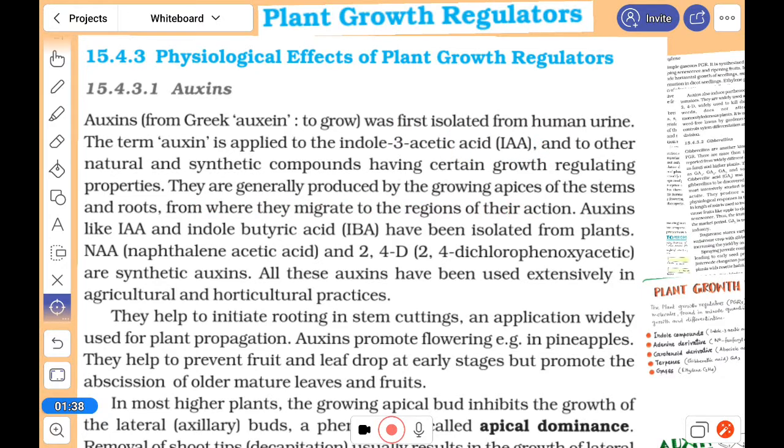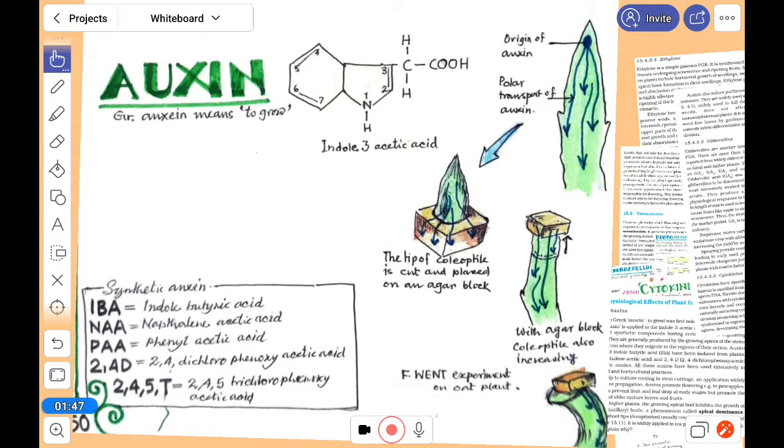Let's take a look at its different parts. Auxin: indole acetic acid, indole-3-acetic acid, you can see its structure. There are also some synthetic options: indole butyric acid, naphthalene acetic acid, phenyl acetic acid, IBA, NAA, PAA, and